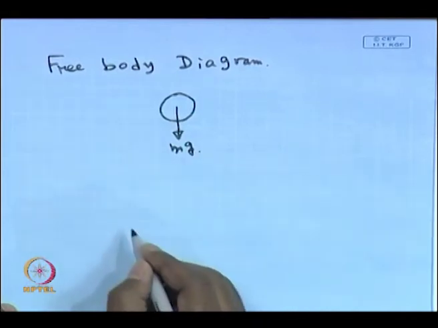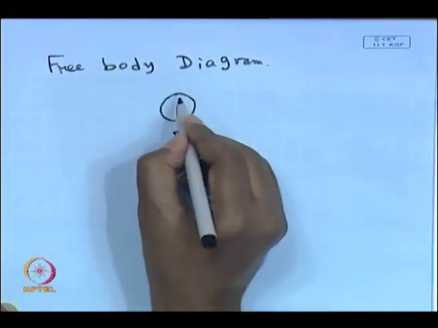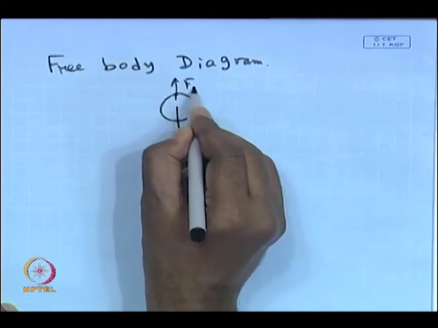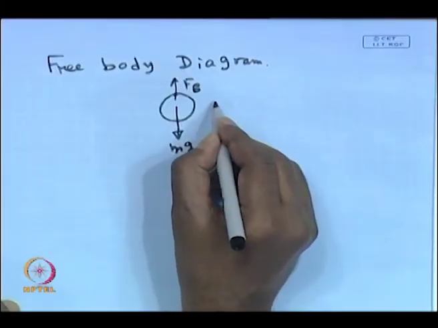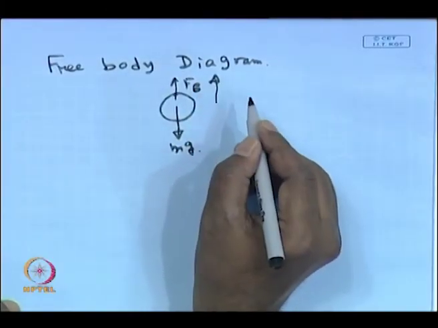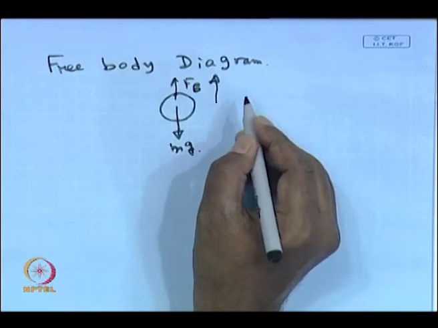This is the external force that will be applied on it. Next one will be buoyancy. The buoyant force will be applied because of the difference in density of the particle and the density of the solution. Next, the upward force will be the electrostatic attractive force Fe,